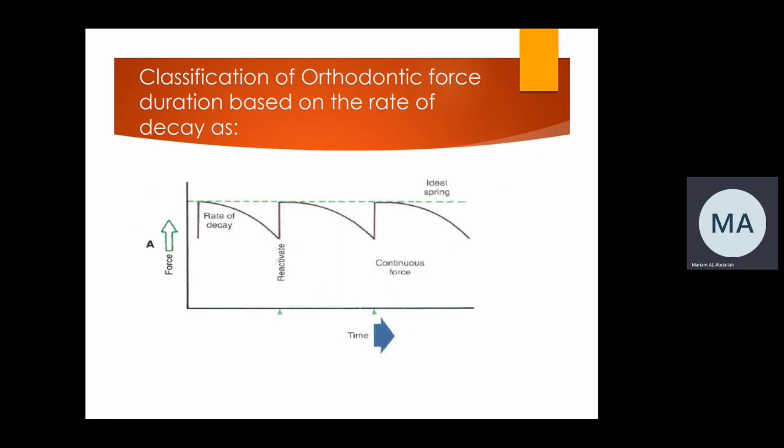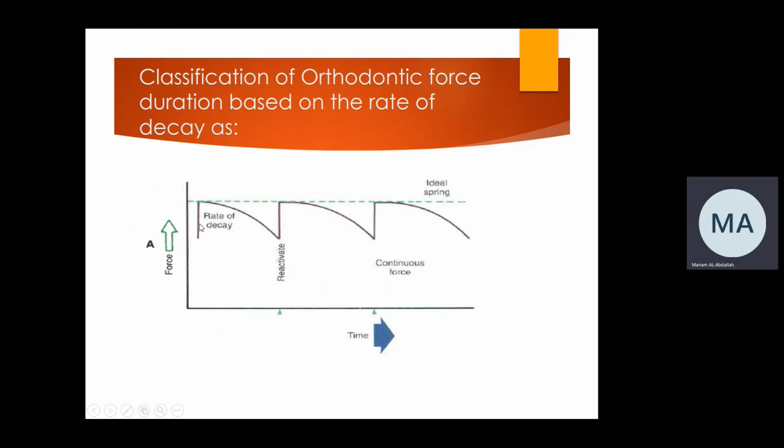Okay, so the green dashed line here represents the ideal spring, where we have a certain amount of force. It should be the same at all times. The small green arrow here represents the visit to the orthodontist. So the amount of force in theory for the ideal spring should be the same between visits, exactly the same. No need for activation, it's the same, right? But in real life,